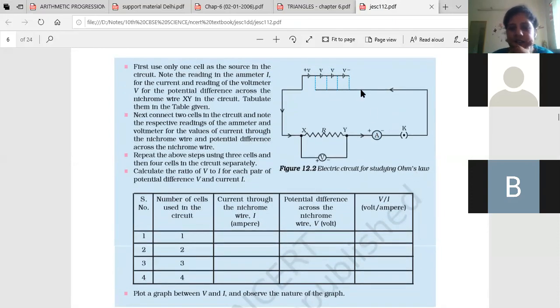Okay. See here in this circuit, what we have to do is, this is a battery. The set of batteries is there. The dots are shown because we have to keep on increasing the value of potential difference one by one after every reading. So first one cell we have to connect in this circuit. That means the ends of that cell have to be connected to a key and an ammeter in series, and then this is a resistor, one nichrome wire we have connected. Nichrome wire works as a resistance. It will provide the resistance in the circuit.